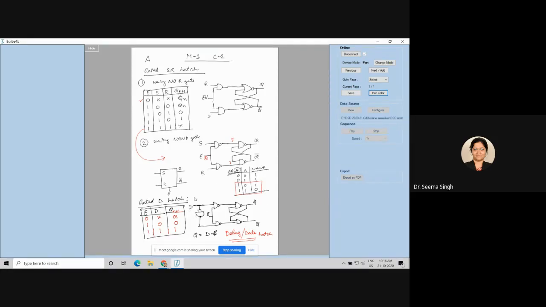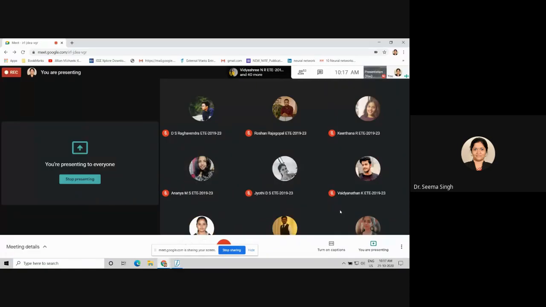So this is a gated D latch. This is one more extra topic you can understand. After our gated SR latch, we should understand what is clocked SR flip-flop. Under clocked SR flip-flop, there are two categories. So our next topic will be the triggered flip-flop. Now you saw that we have an enable pin. Later we can have a clock in place of enable, and then comes into picture level triggered and pulse triggered. So the next part we will do that.